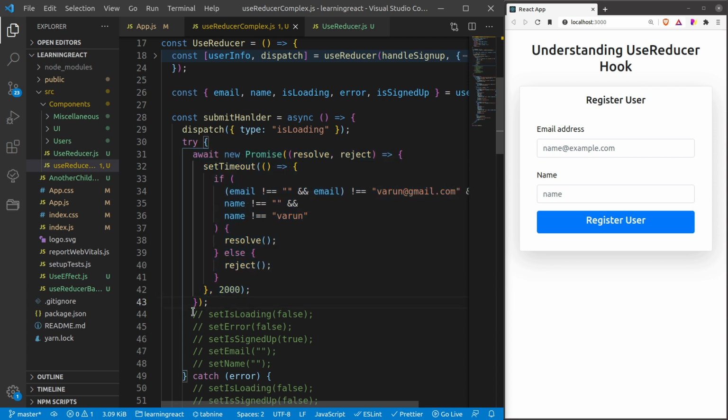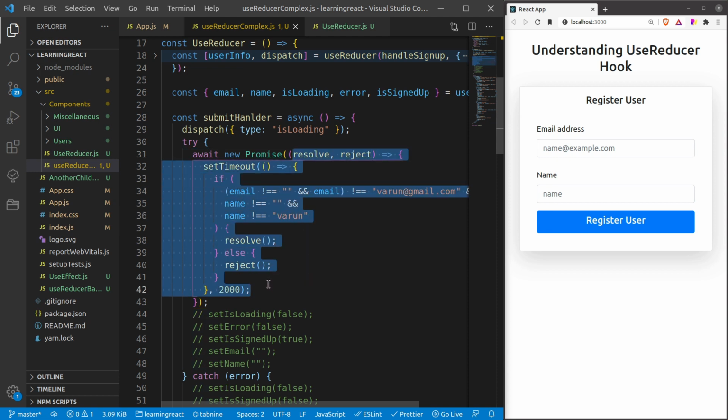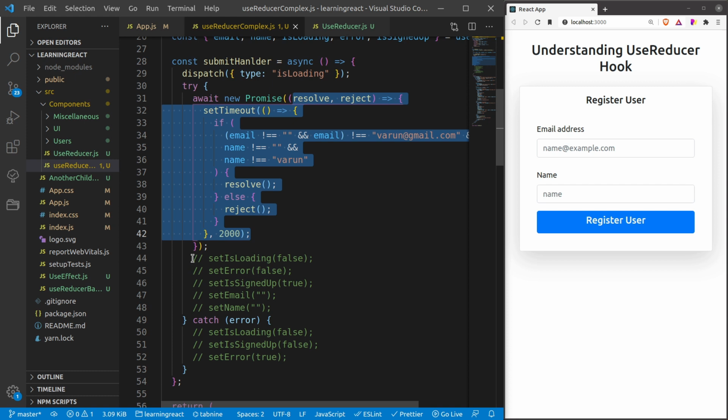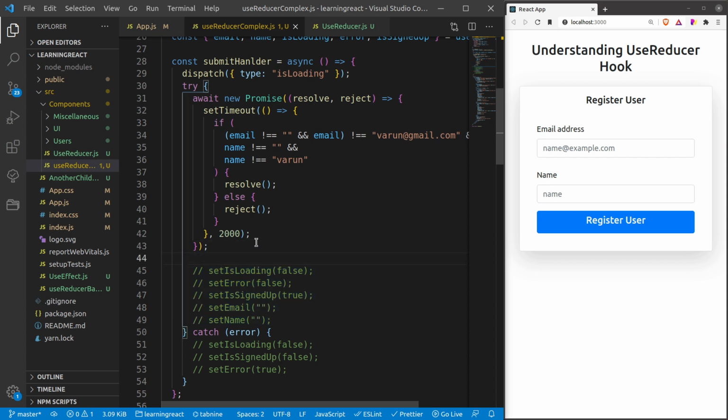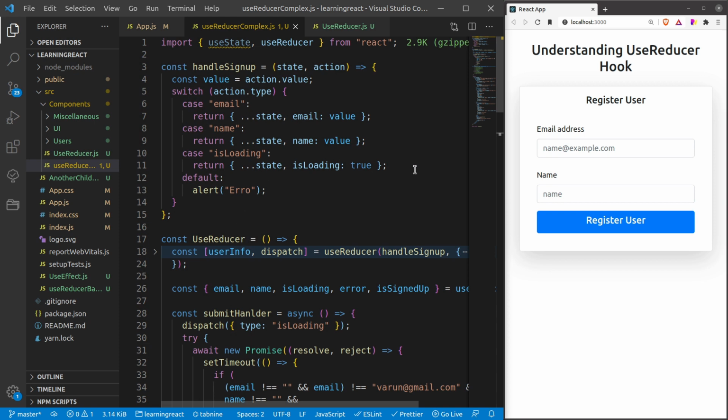But here you can see that once this is done, once it is success, it has to set the loading to false, error to false, sign up to true, and clear the form, right? So here, I will just do all these things with a single value, that is dispatch type as sign up success. All right. So now I need to define it.